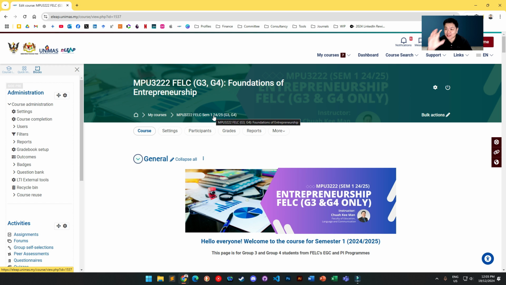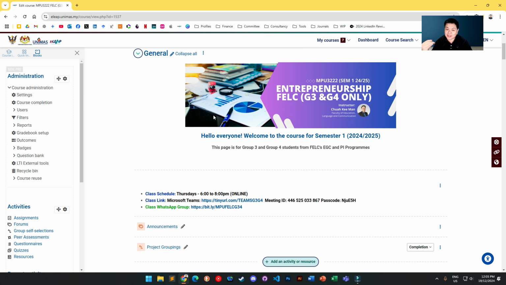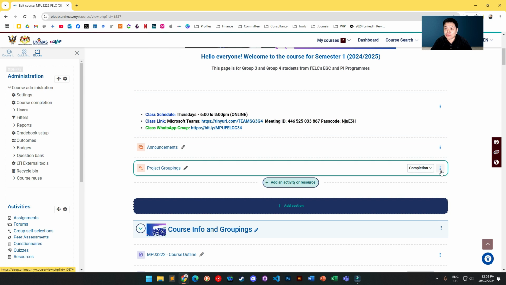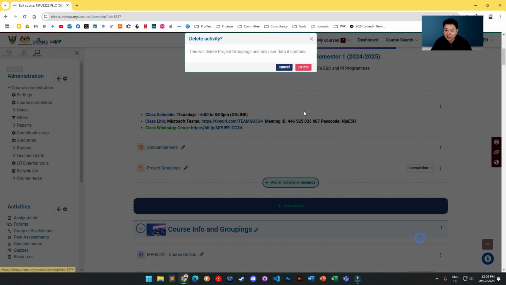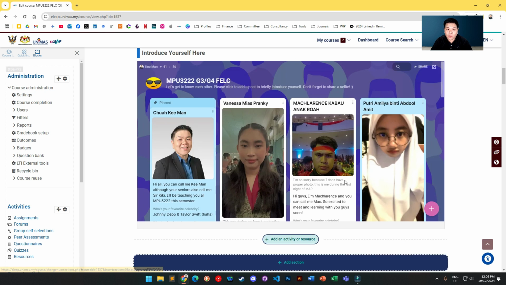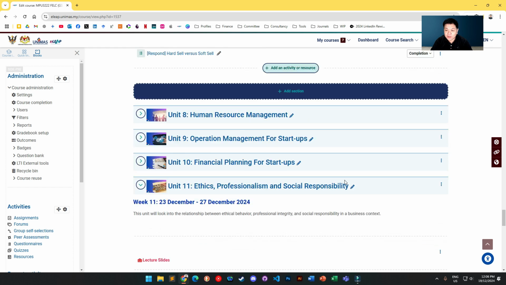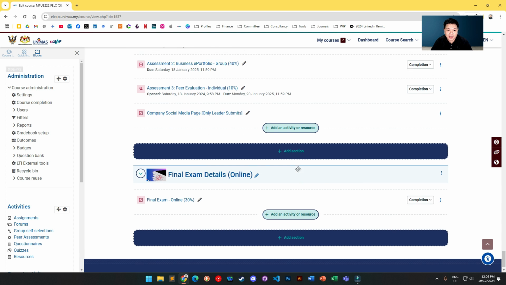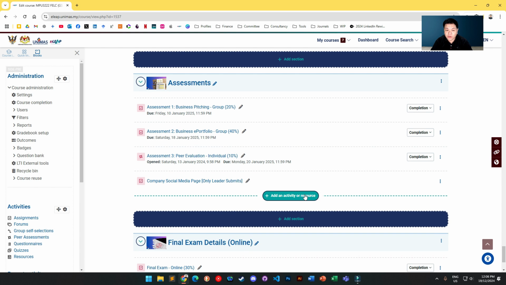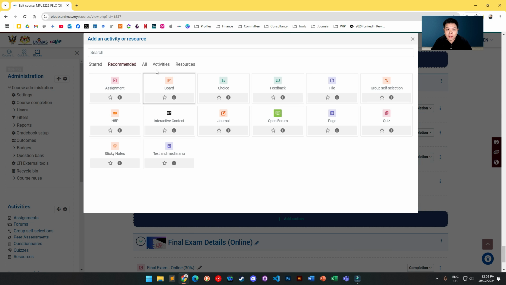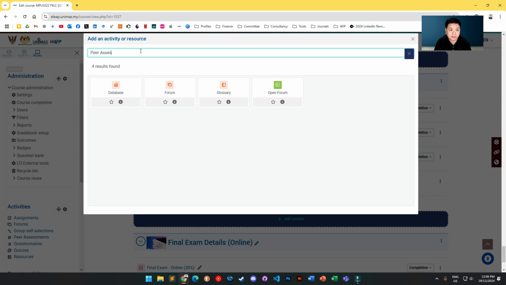Once this grouping is done, what happens is peer assessment will be running to evaluate each other within the group that they have joined. Let me just delete this first. Okay. Now, in order for peer assessment to work, you go to, let's say in my case, I'm going to put it here. So you can use the peer assessment, just add an activity here, and then look for peer assessment,